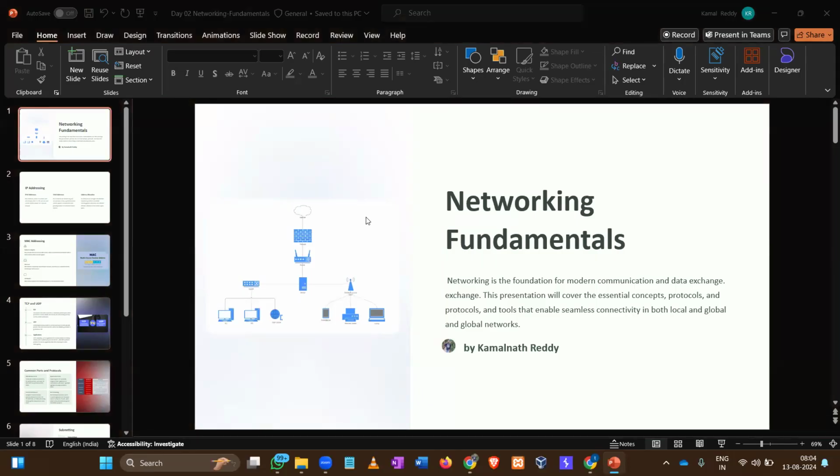So good morning, everyone. Yesterday we discussed the basics of cybersecurity, and at the end of this slide, we will discuss the domains that are available. What are the domains, and which field can you choose by having the basics of cybersecurity and going into in-depth knowledge on it. Before that, we'll go with network fundamentals.